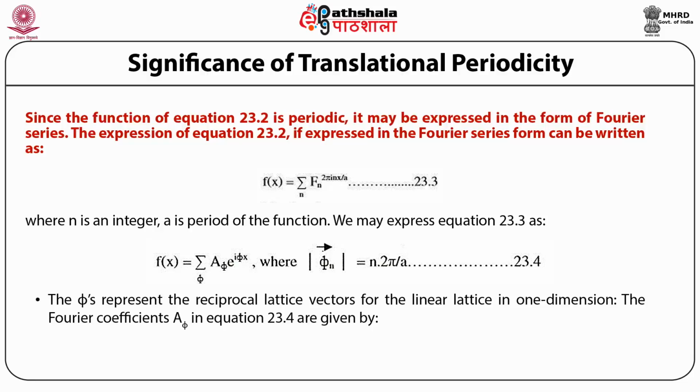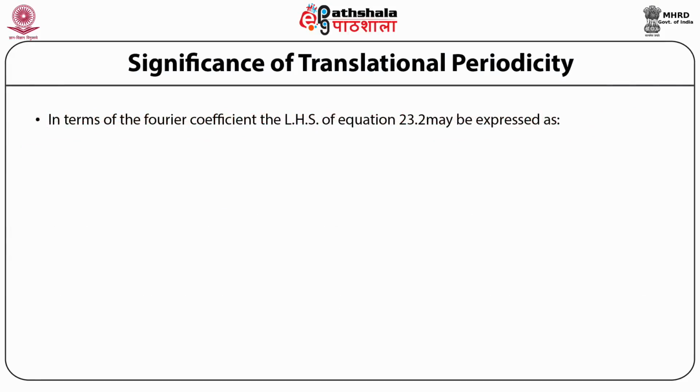The phi's represent the reciprocal lattice vectors for the linear lattice in one dimension. The Fourier coefficients A subscript phi in equation 23.4 are given by capital A subscript phi equal to 1 upon a, integration within the limit 0 to a, f(x) exponential of minus i phi x dx, as given by equation 23.5. In terms of the Fourier coefficient, the left-hand side of equation 23.2 may be expressed as